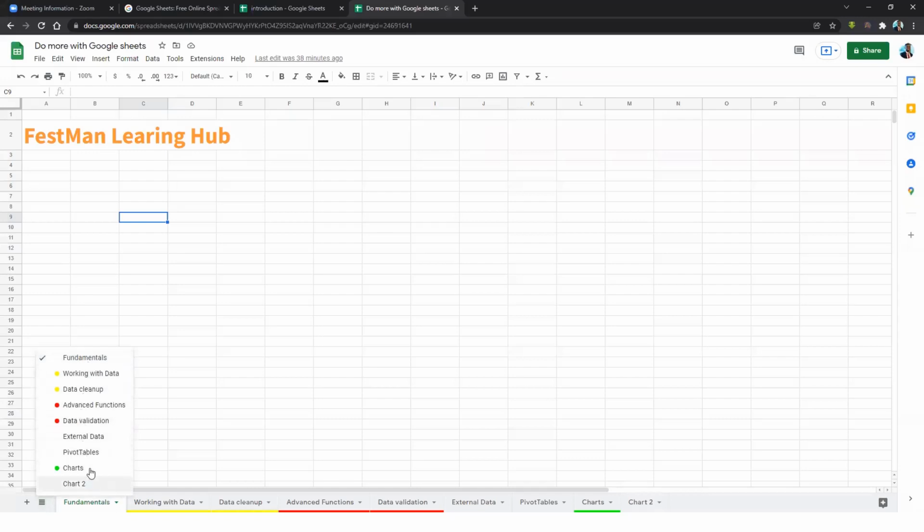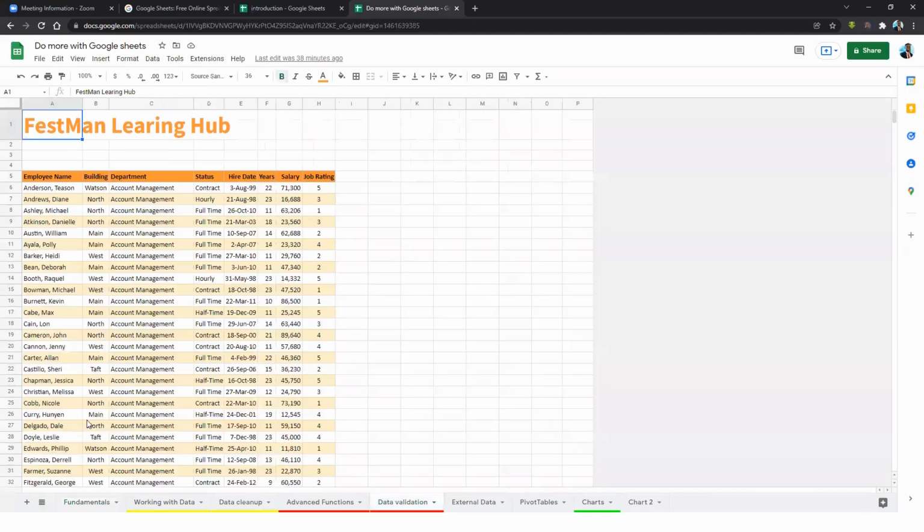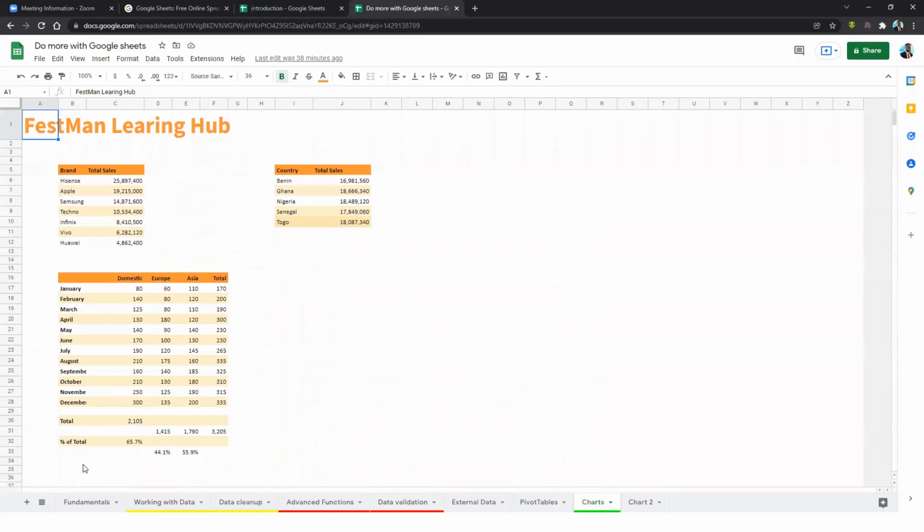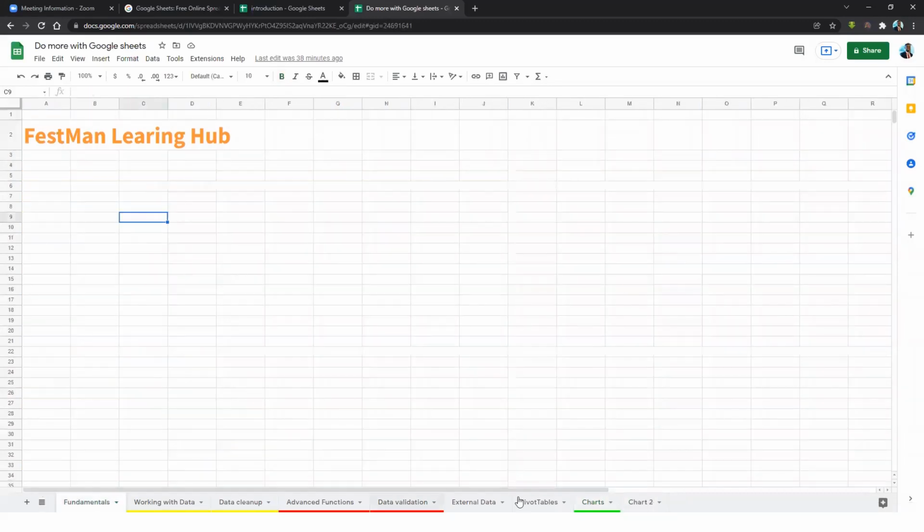at the same time. So here, if I want to move to the data validation sheet, I just click on this. Now I'll be able to activate the data validation. If I want to move to another sheet, I can also click on this pane, and I can move on to this particular sheet to look at it. So this is about how to add sheets and how you'll be able to do some of the basic things